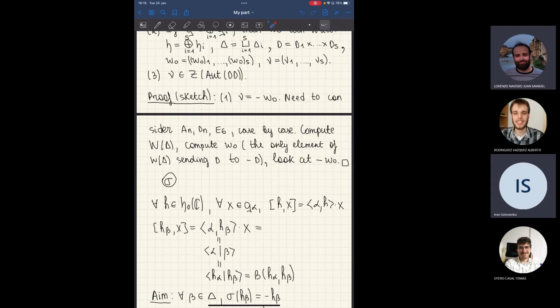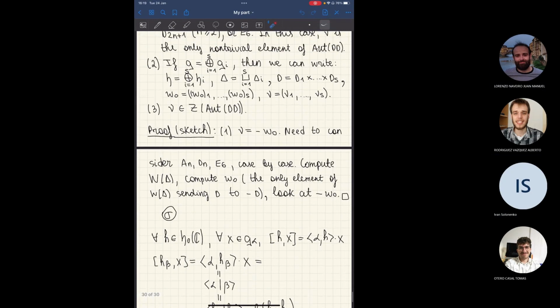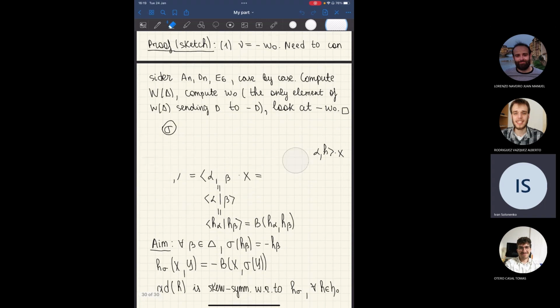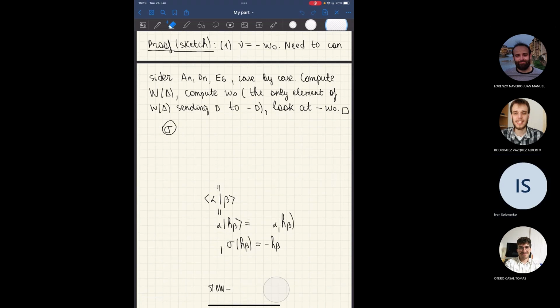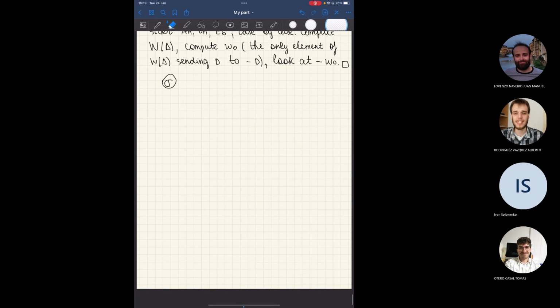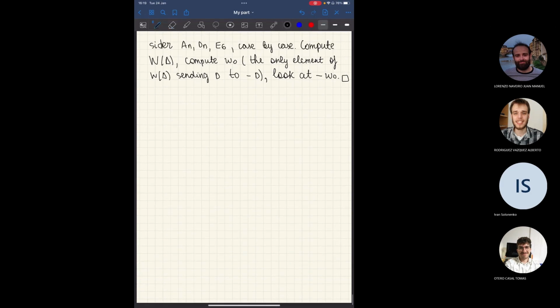Yeah, so, and then really the remaining part is, so let me just draw a line here. So the remaining part is to prove the final result in this chapter, which has something to do with the